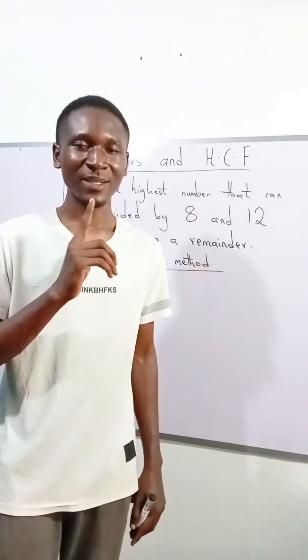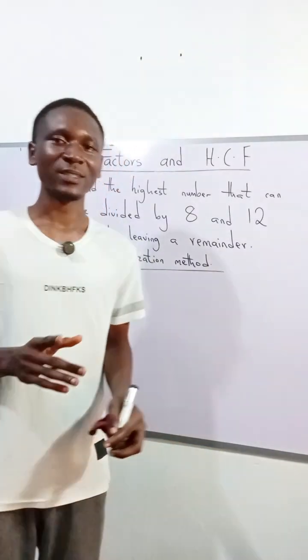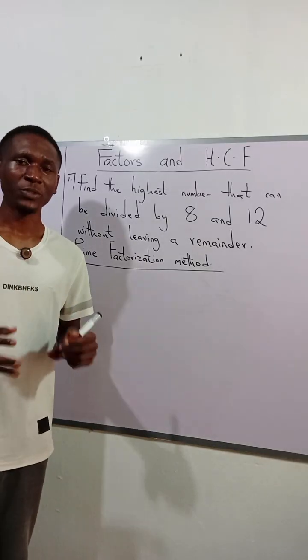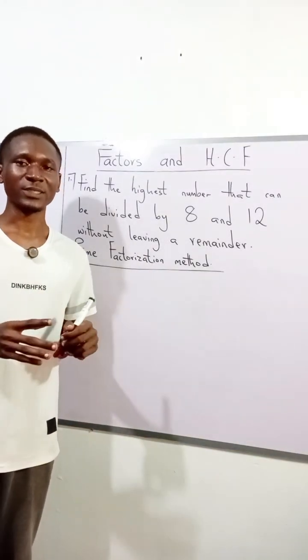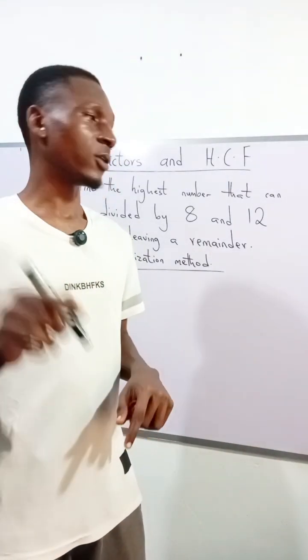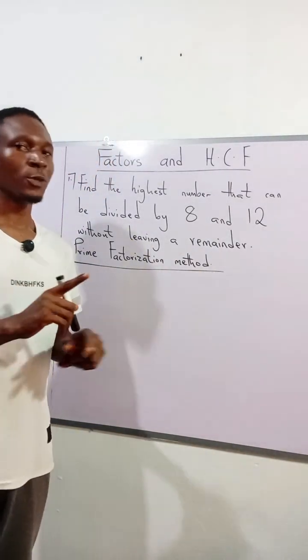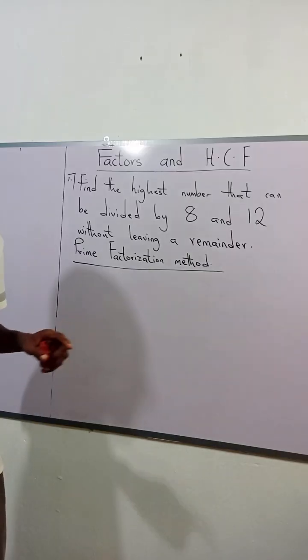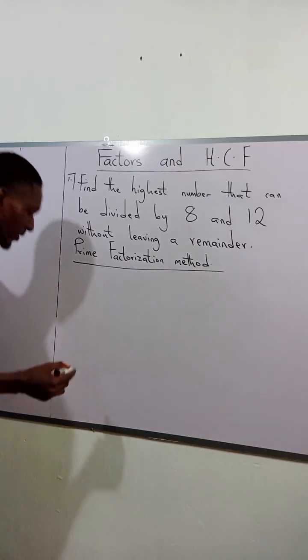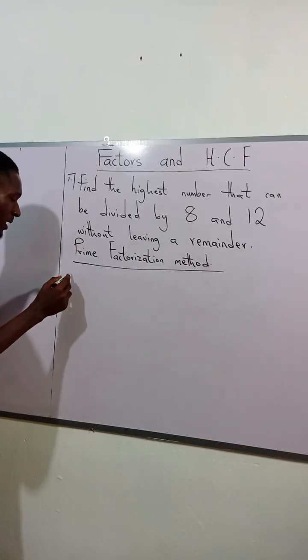All numbers are built from prime numbers. You say prime numbers are the building blocks of all numbers. Yes, prime numbers are the building blocks of all numbers. There is no number we cannot get by multiplying prime numbers. For example, look at our prime numbers. Look at what I'm talking about. If these are our prime numbers,